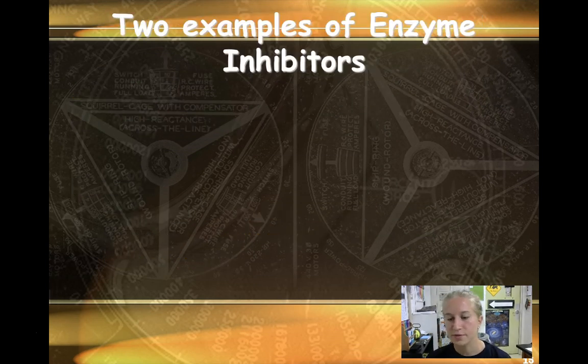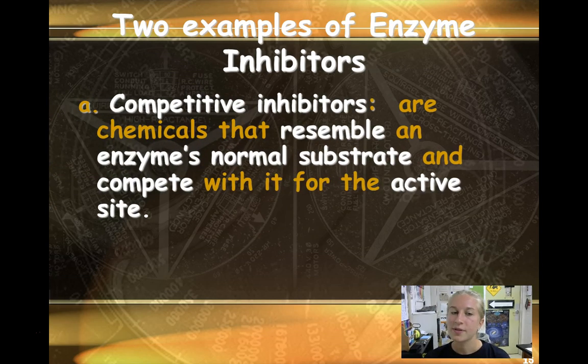So 2 examples of enzyme inhibitors, I believe, would be a competitive inhibitor, which are chemicals that resemble an enzyme's normal substrate and compete